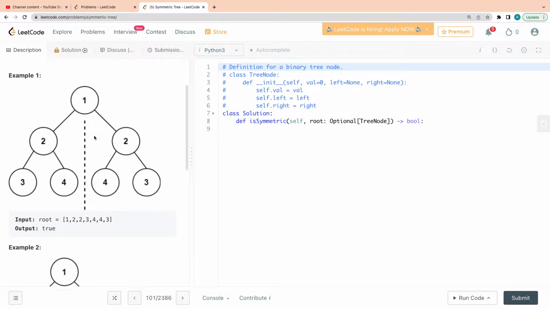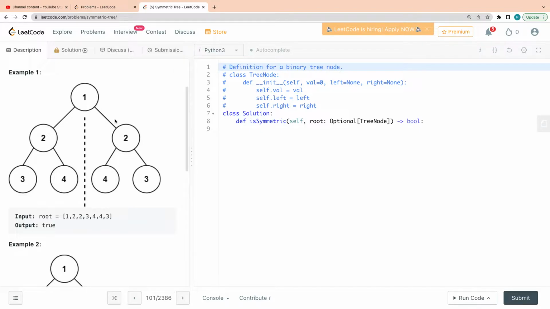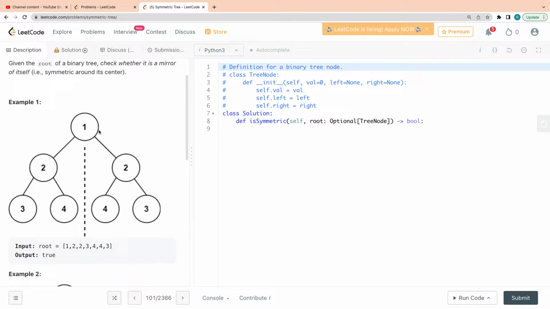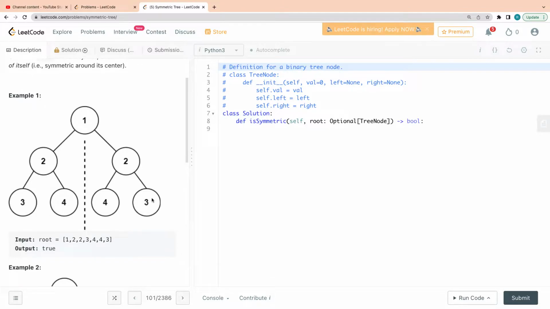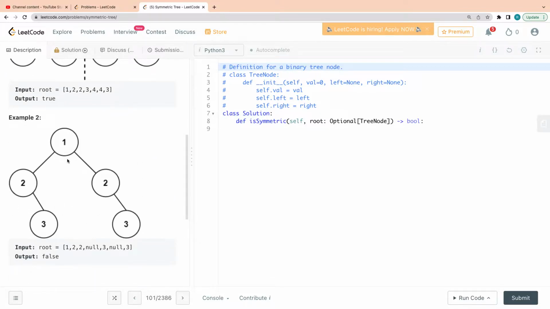So basically we have to see whether the left subtree and the right subtree are mirrors of each other. If you place a mirror right here, these values will be equal, right? The right one equal to the left one. But if you place a mirror here, what will happen? This 2 and 2 is equal for sure. But